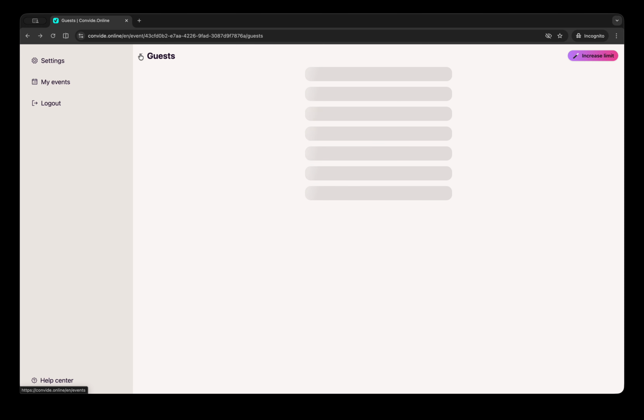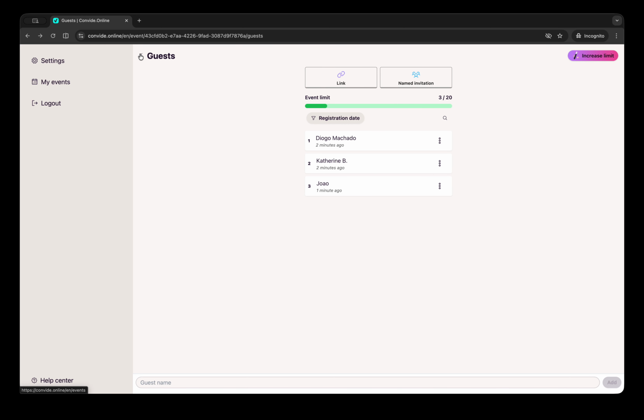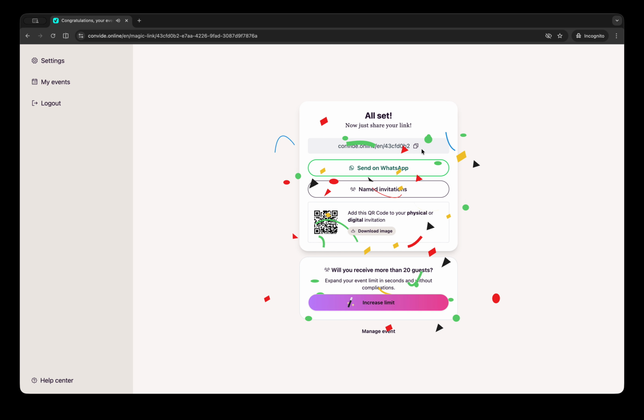The platform is built to be simple and direct. You can use the direct link, sending it to your guests, or you can copy this link and put it in a Canva design, for example.